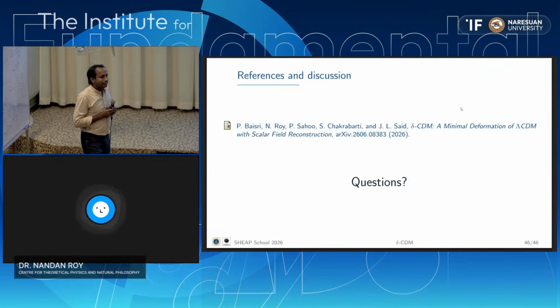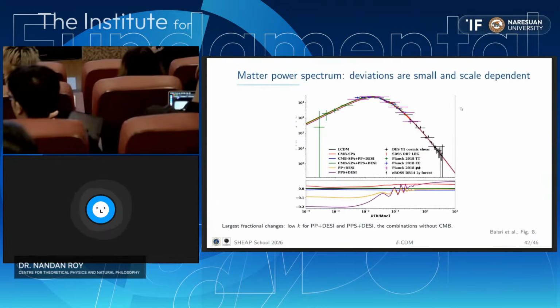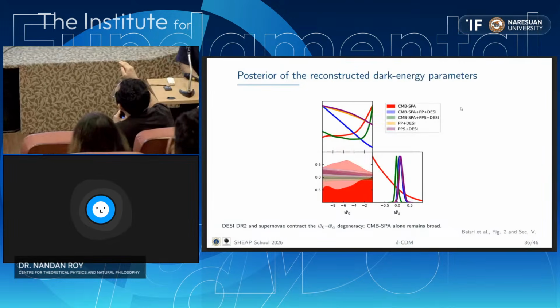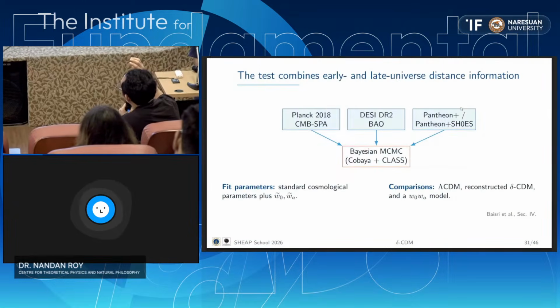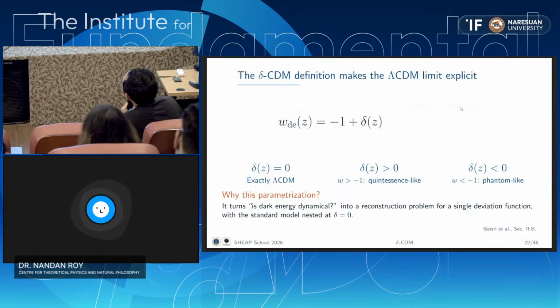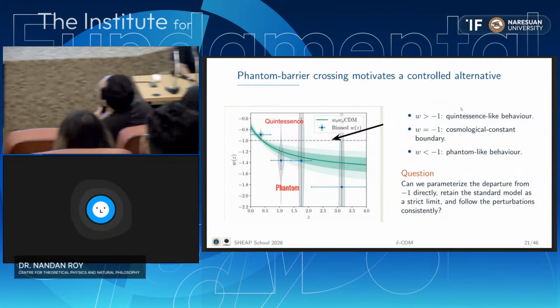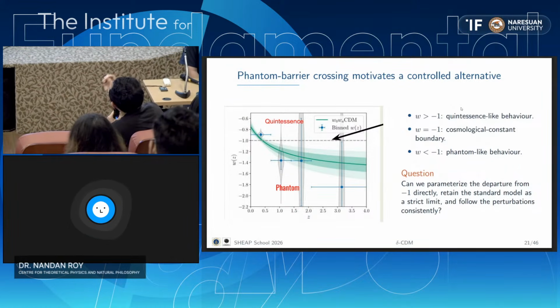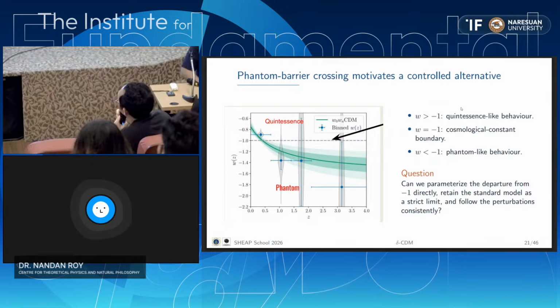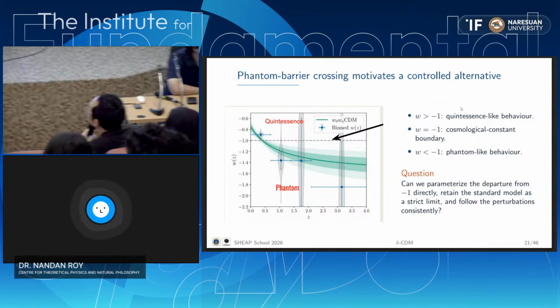So I wonder about your graph about w, from phantom, w less than minus one, to quintessence, w more than minus one. It's like a low redshift. Yes, you have a quintessence like that. So it has the effect of dark energy making the universe's acceleration less than before. Something like that you can think.